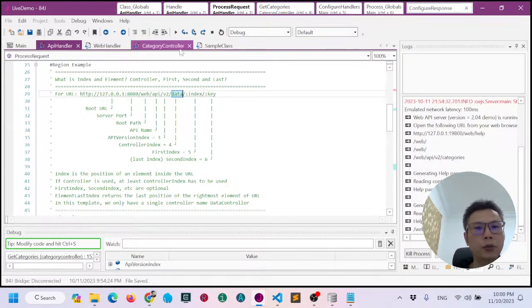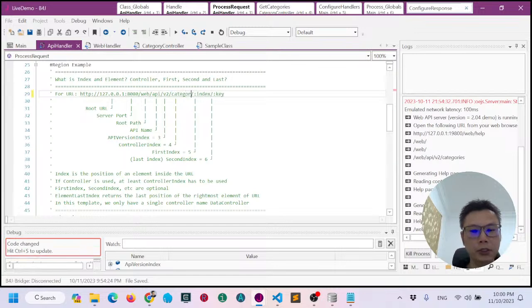If it's a product controller, then it will be v2/product. This can be category or product. And then usually we have category slash the ID